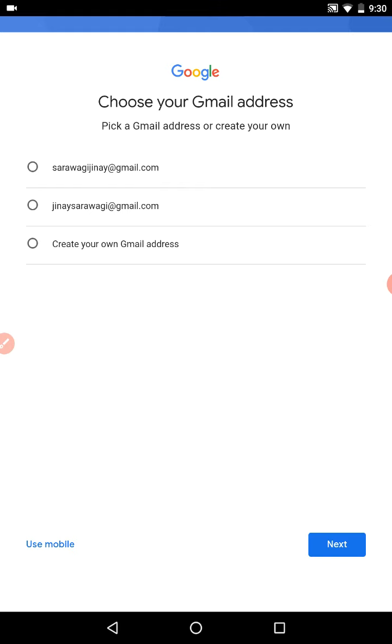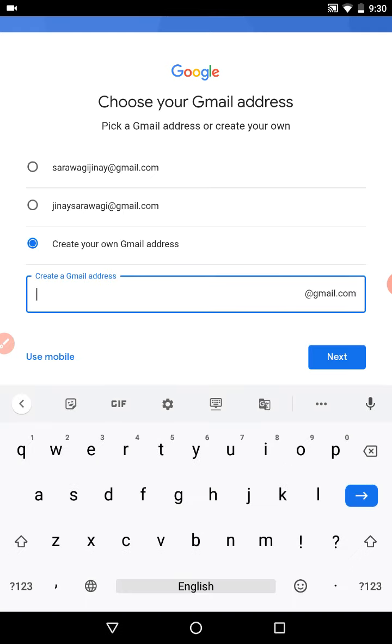If you like that Gmail address, you can select it, or if you want to create your own custom Gmail address, you can just click on this option. And here you have to write your email address which you want. Whatever email address you want, you can just type here.